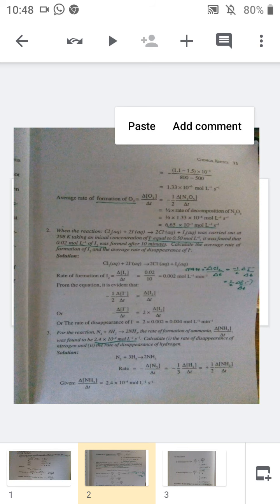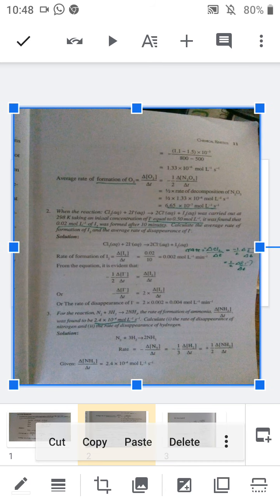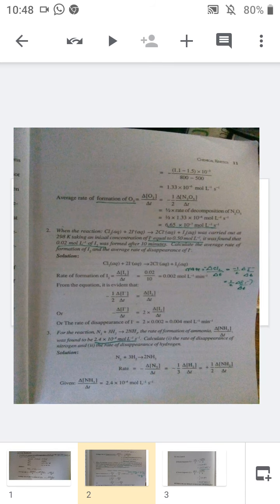Now we are moving into the third problem, which is very much similar to the first and second problem. For the reaction N2 plus 3H2 gives 2NH3, the rate of formation of ammonia, delta NH3 divided by delta T, was found to be 2.4 into 10 to the power minus 4 mole liter inverse second inverse. Calculate the rate of disappearance of nitrogen and the rate of disappearance of hydrogen. So write down the equation which is given in the question, that is N2 plus 3H2